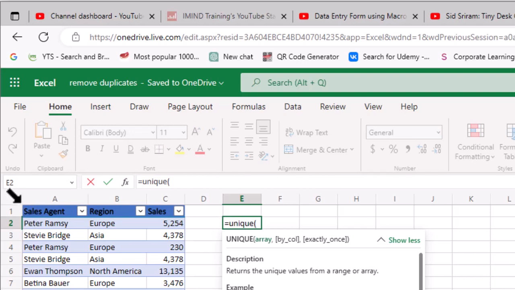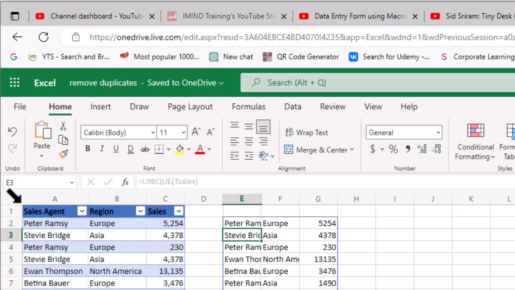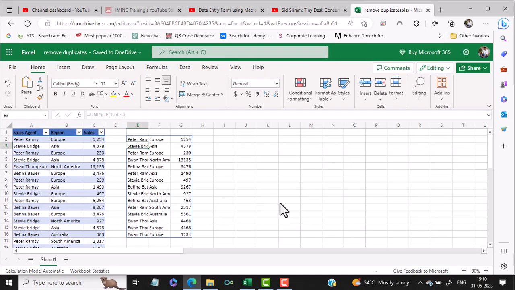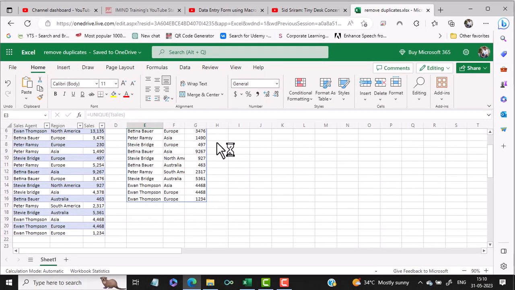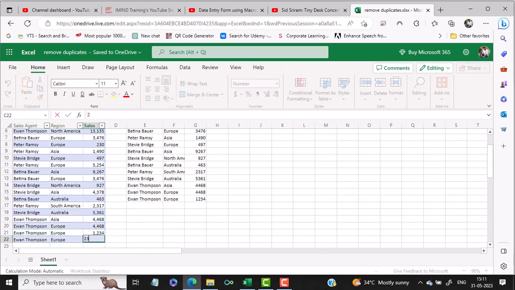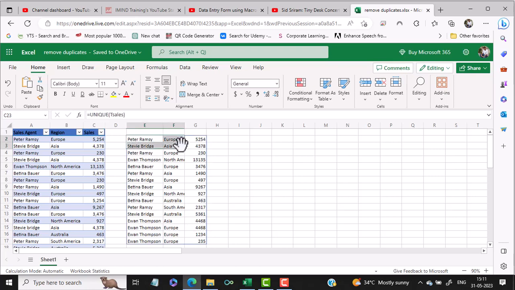So you can see this black pointed arrow. So I just click over here. So the name of the table comes over there, that is T sales, and then I close parenthesis and hit enter, and you'll see all the unique values come over here. Now the beauty of using this function is that later on if I add one more record into this, let's assume that I'm pasting that same record, you'll not find changes here because it's a duplicate. But if there are some unique figures, you'll see it gets automatically reflected over here